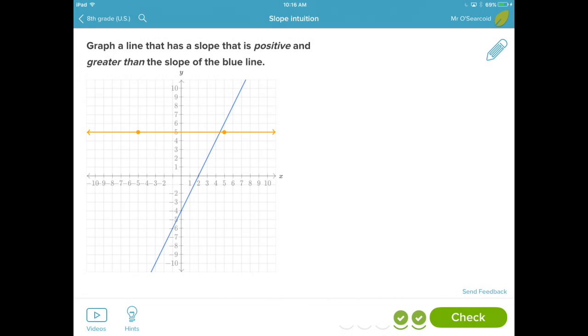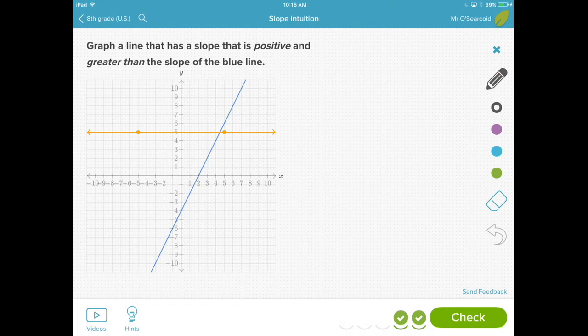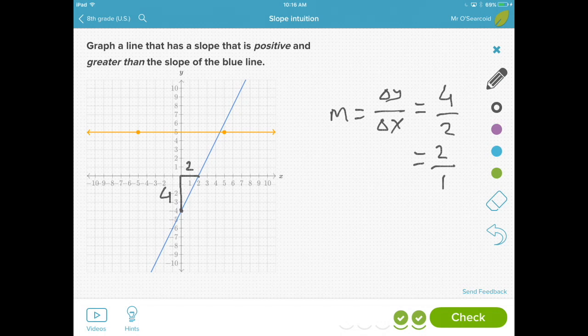So again, similar problem to the first one. We've got a slope that is positive and greater than the slope of the blue line is what we're looking for. This blue line here, we notice if we pick 2 points, is 4 over 2 is the slope. Okay, so the change in y over change in x, the vertical change over the horizontal change, is 4 over 2, which of course simplifies to 2, or 2 over 1,